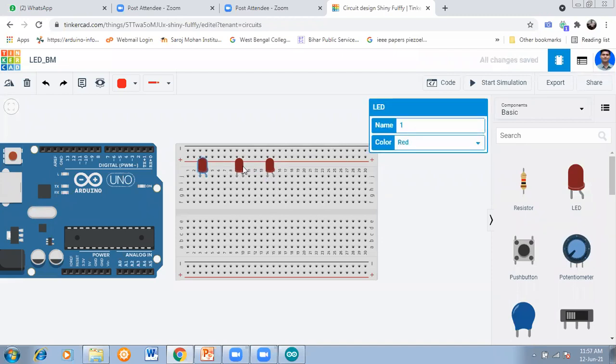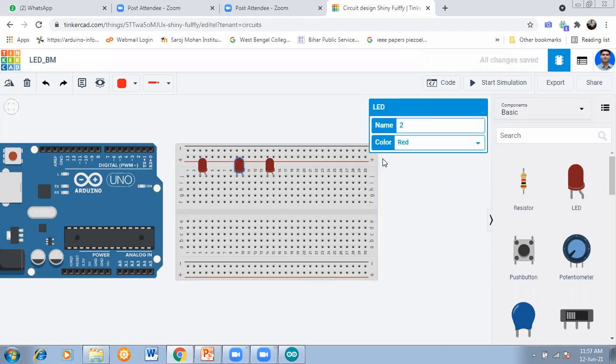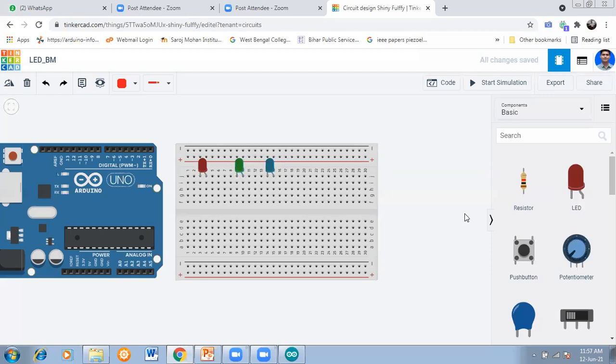The red is there. This LED, now change red to some other color. So we are choosing green here, and this is blue. So we are using three color LEDs here.